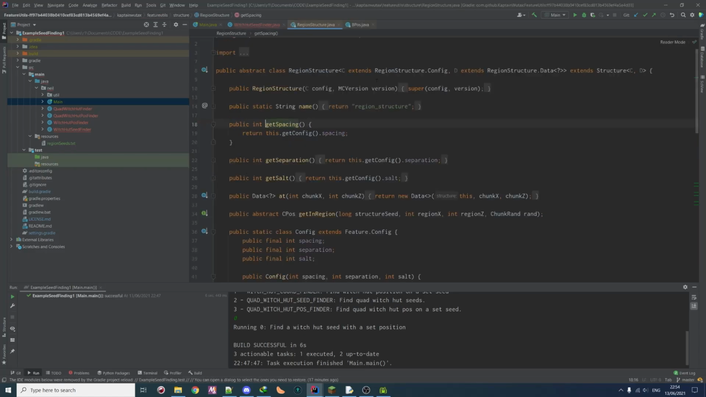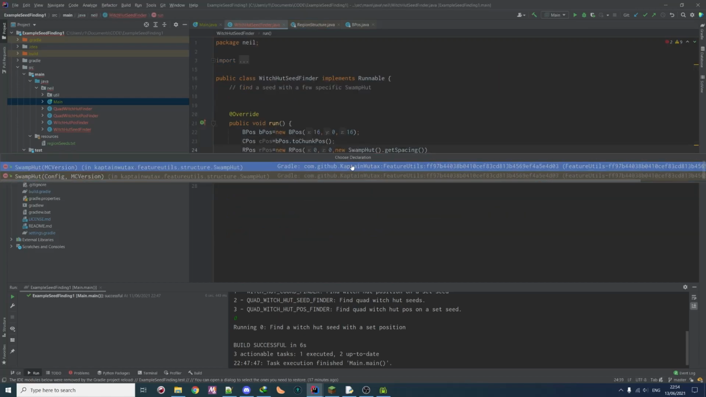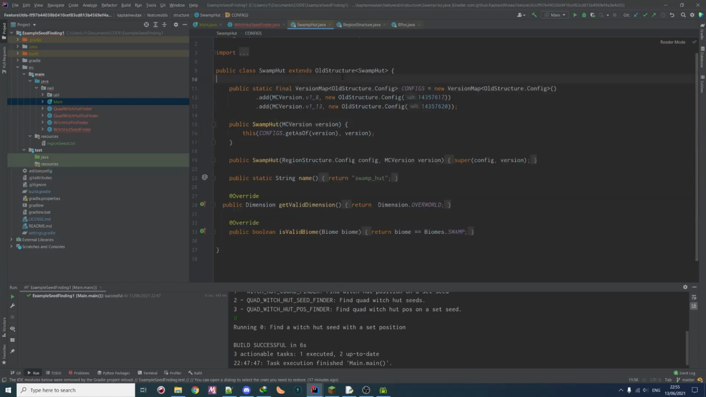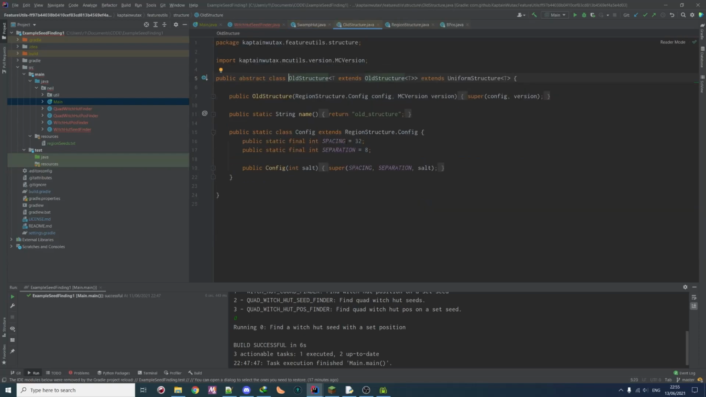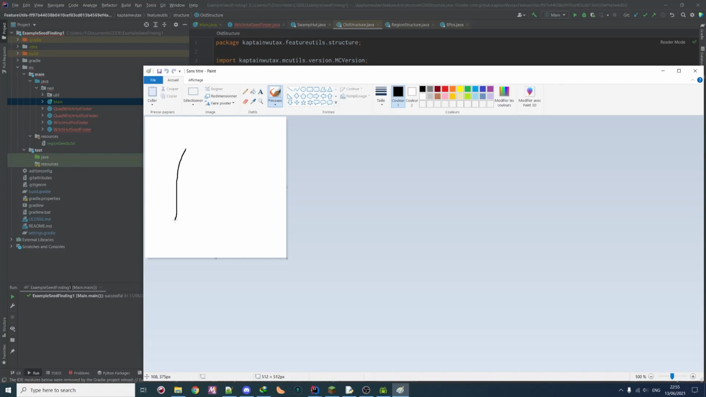And the spacing, if you actually look a bit into it, you will find, yep, and then here you will find the spacing is 32 chunks. Separation is how much it cannot spawn in. So in a square, it can only spawn in the first 24 chunks of the 32, and in the last 8 it cannot spawn. So that means that, because the squares are next to each other, there will always be